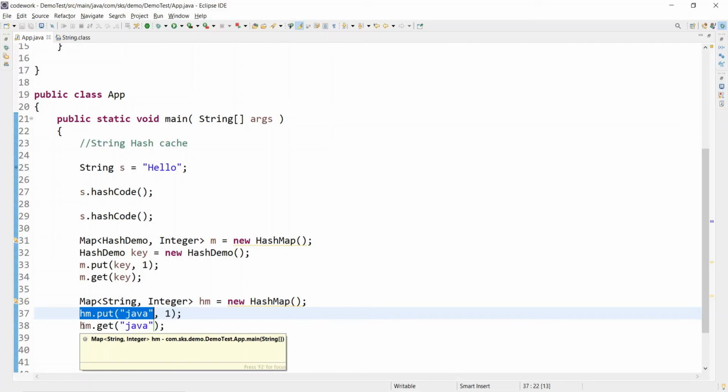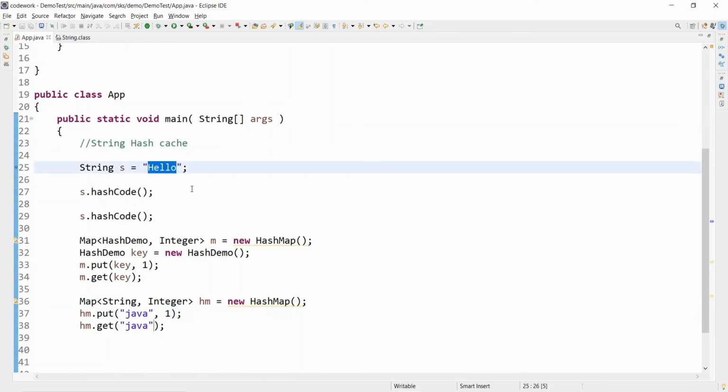Based upon each character of this string the hash code is calculated and cached, so it will not allow the string object to change, and if the object is not getting changed and it's already cached in the String object, it will remain forever as long as your object remains in the heap or in the string constant pool, right. So this is the second reason why String is immutable.